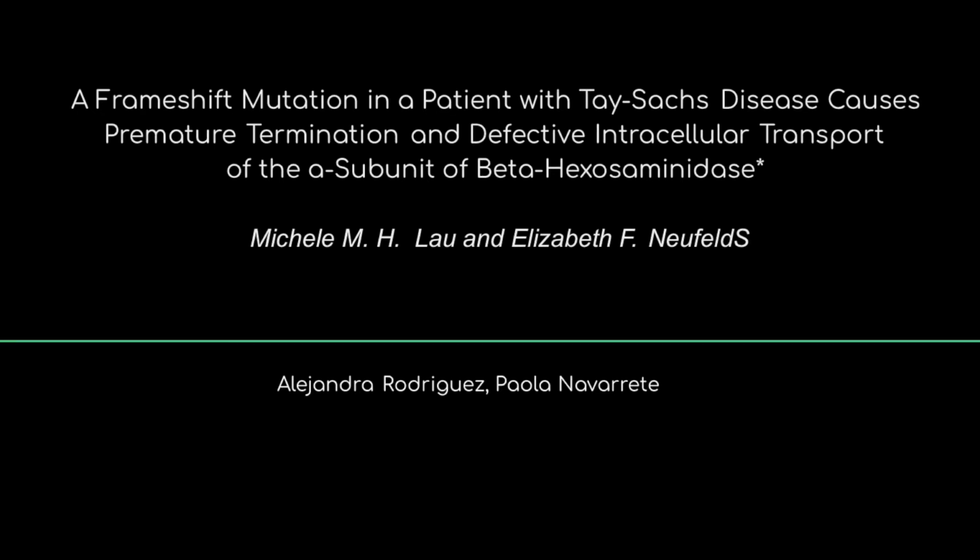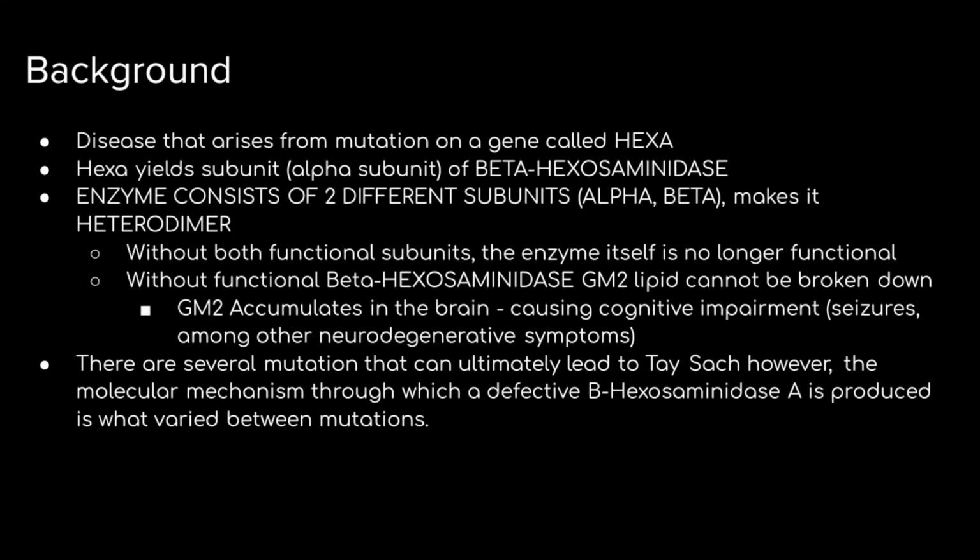A frameshift mutation in a patient with Tay-Sachs disease causes premature termination and defective intracellular transport of a subunit of beta-hexosaminidase by Michelle M. H. Lau and Elizabeth F. Neufeld. A little bit of background: Tay-Sachs is a disease that arises from a mutation